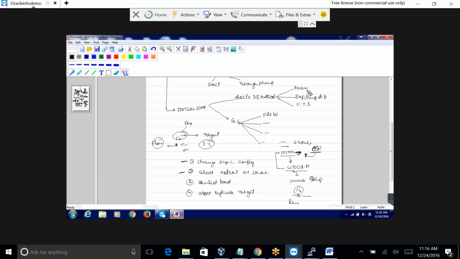Whatever transactions happen after 10 o'clock, our export will not consider them. So our export will take the data how it was at 10 o'clock only. Okay, so we will use that particular option, the CSN number. So what will happen is that this export will contain the data available at 10 o'clock. In this way, we will use RMAN or export based on our requirement. Tablespace also similar to